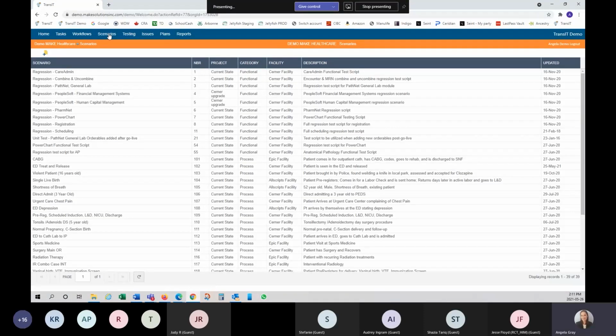Okay, so the only icon I have here when it comes to scenarios is this icon to create a new scenario. I can still use my same kind of filter and sort options. And so when I click here,